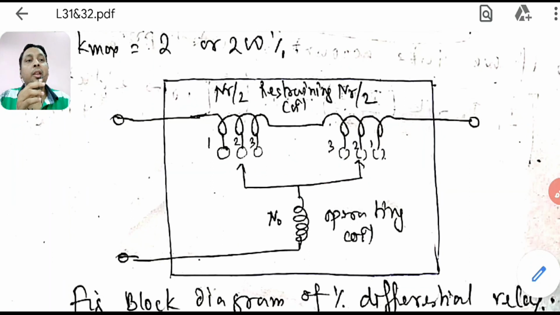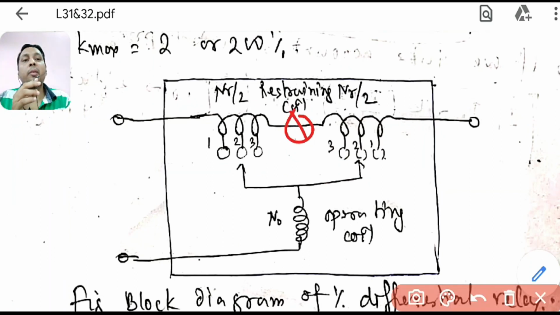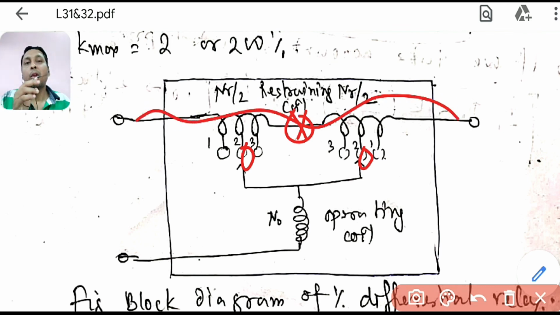But what is the need of this? If you are not giving this, then when you are opening the plugs for plug setting, for that particular instance there will be no connectivity here. So that means you cannot do it online, you have to do it offline. You have to take your differential protection out of the scheme, then connect these plugs, which you don't desire. To connect it online, if this is there, then there is always a path, always a continuity, so that's why it is given there.